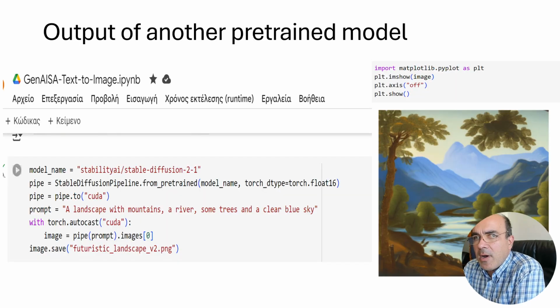The time required to download a pre-trained model and use it in Google Colab depends on several factors, including the model size, internet speed, and Colab's allocated resources. Large models can range from a few hundred megabytes to several gigabytes, which may take a few minutes to download.